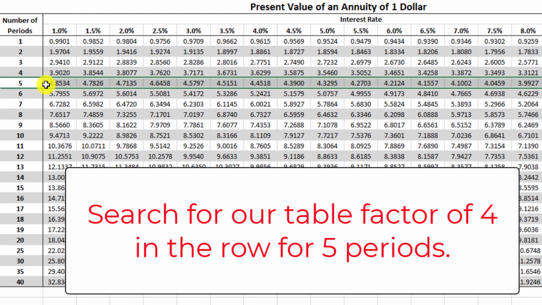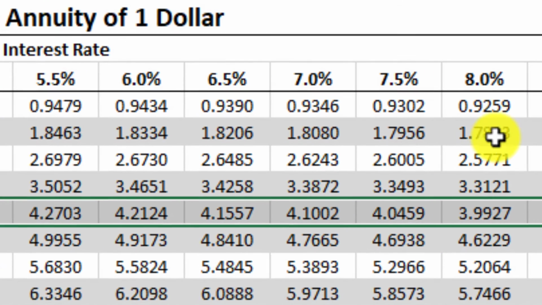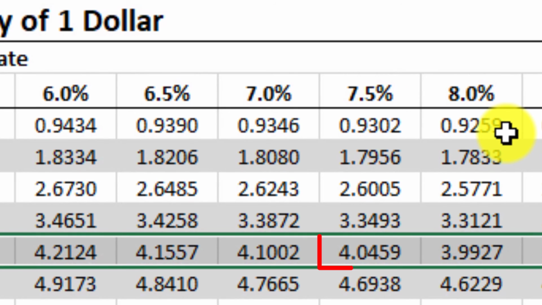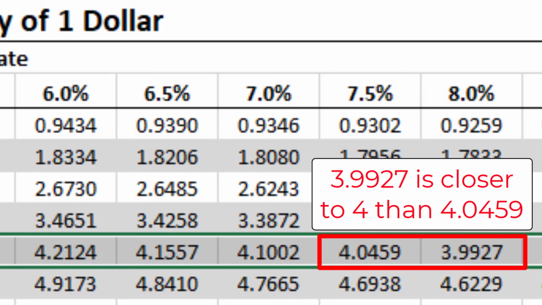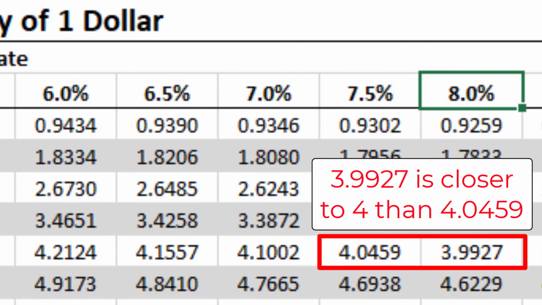Most likely, you won't be able to find the payback period exactly. We see that 4 appears somewhere between the interest rates of 7.5% and 8%, but the table factor is a little bit closer to 4 when the interest rate is 8%. Depending on your teacher's preferences, you may either list the internal rate of return as a range, between 7.5 and 8%, or you might choose the closer value, 8% in this case. For our purposes, I'm going to say that the IRR is about 8%. Indeed, if you were to calculate the IRR for this problem using a computer, it comes to 7.93%, so 8% is a pretty good estimation for us.